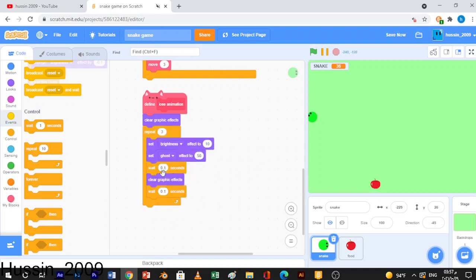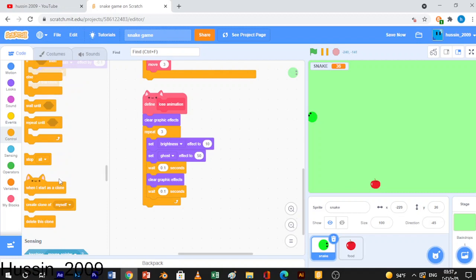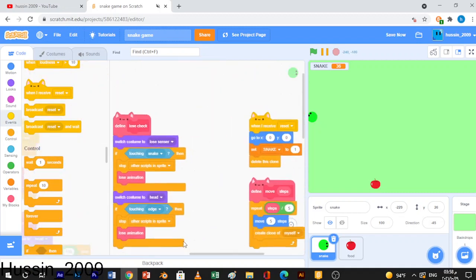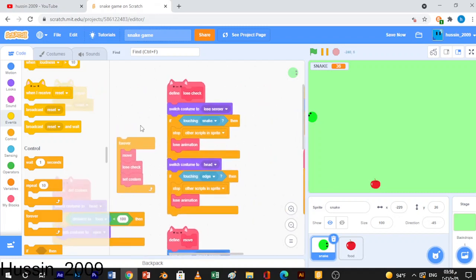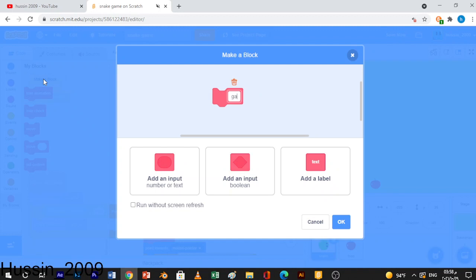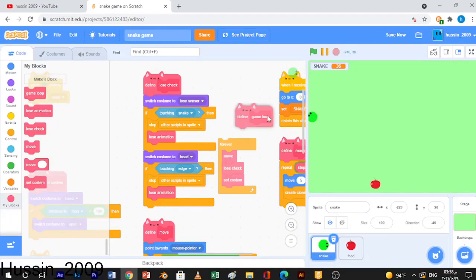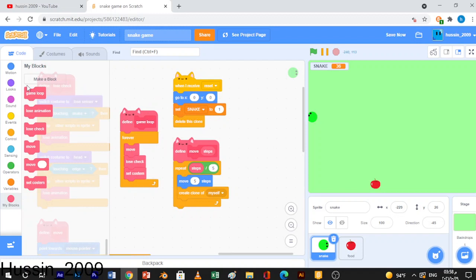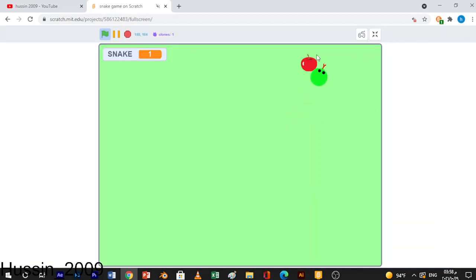After that we will just broadcast reset. So I will just make a block, game loop, just to make it something that you can read. Game loop. So now if I just try to hit myself,